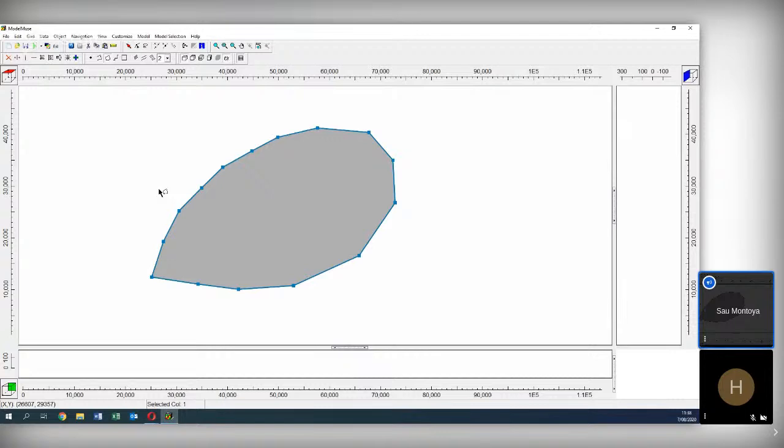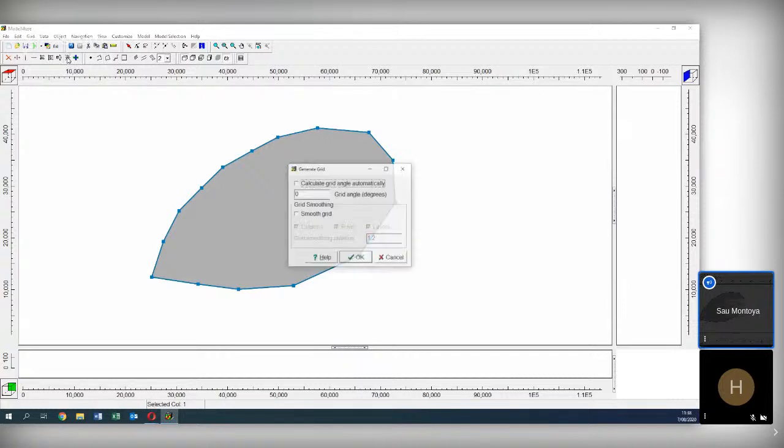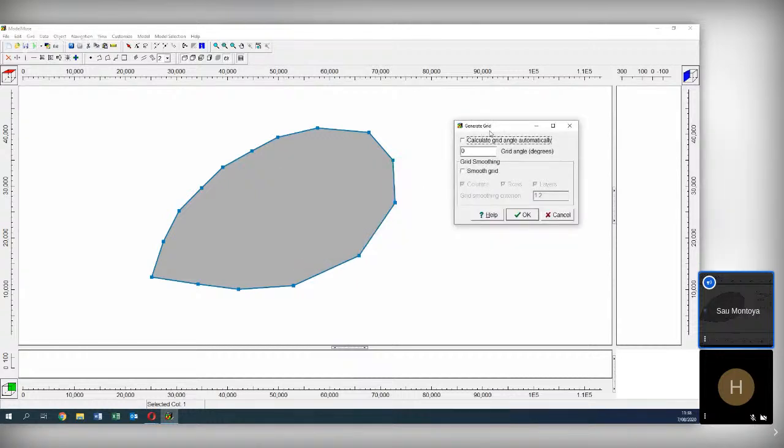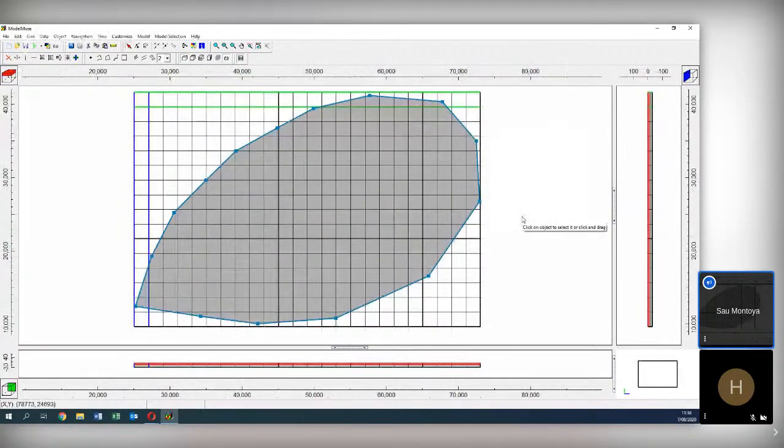So what we have done is just define the object, and then if we go here, we generate the grid. For example, in this case, I will show you what will happen if I don't calculate the angle automatically.